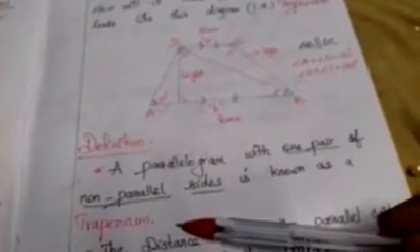This is the symbol of parallel. This we already learned in 6th standard itself. So AB is parallel to DC. This is the shape of the trapezium and its properties. Okay, students, let us see the definition. A parallelogram with one pair of non-parallel sides is known as trapezium. What does it mean? A parallelogram with one pair of non-parallel sides.